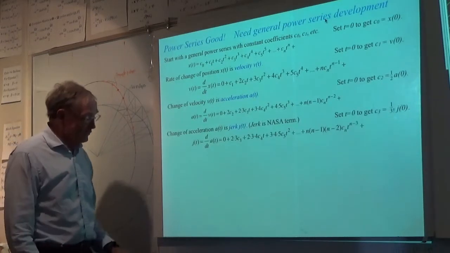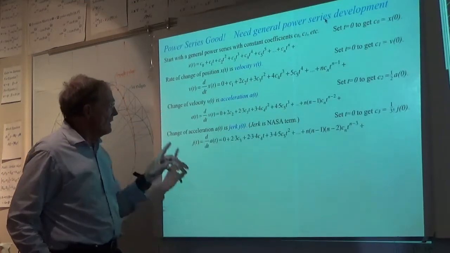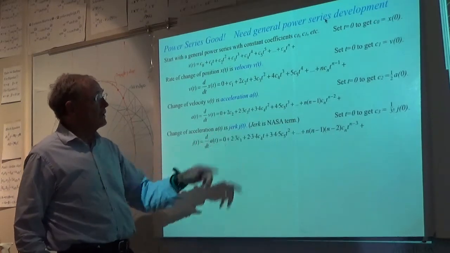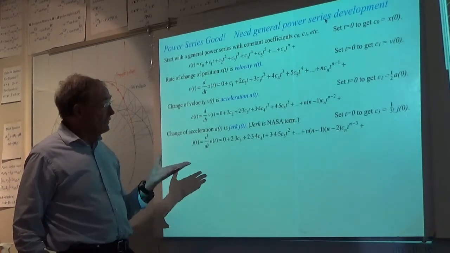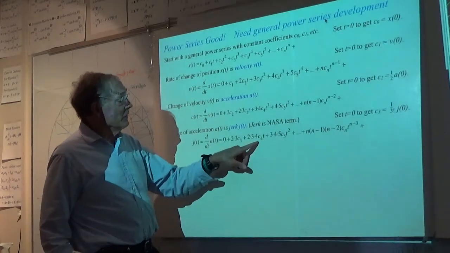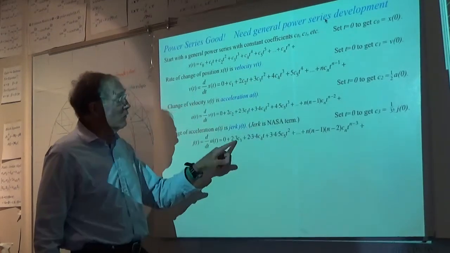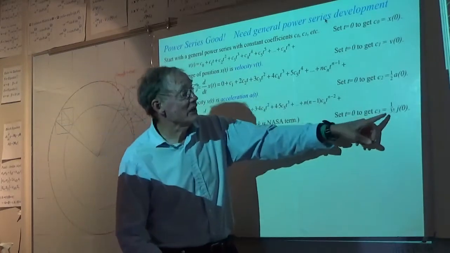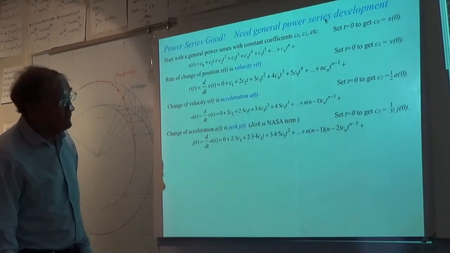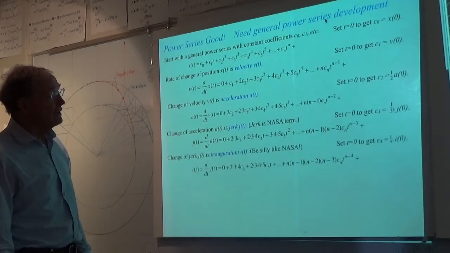And then remember this, where I talked about the NASA terminology for the change of acceleration, a of t, that's jerk. And we do the same stunt once again. We say the jerk is the derivative of this and get a series that involves, with time equal to 0, only that part right there. So 1 over 2 times 3, that's 3 factorial. We'll see that that's not just a trick, but that's indeed what you can get in Taylor series or Maclaurin series, which is what we're doing here.